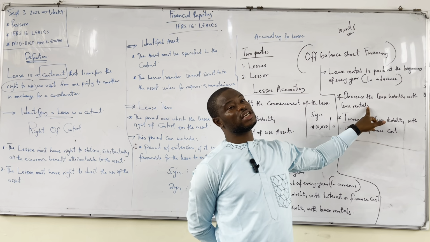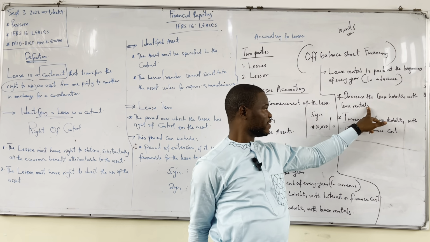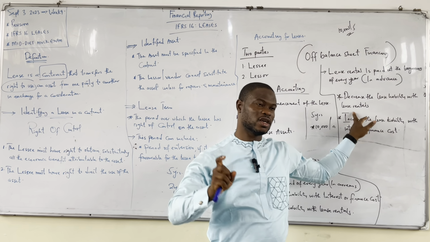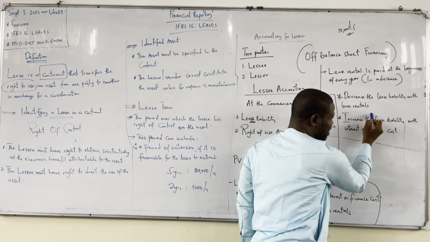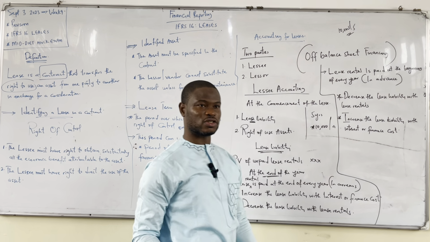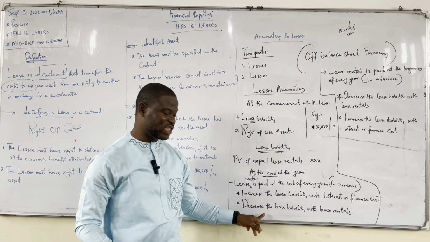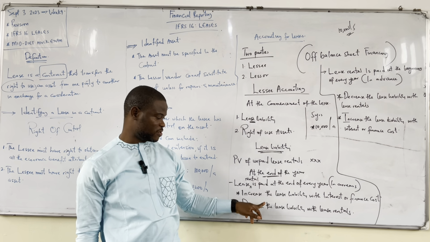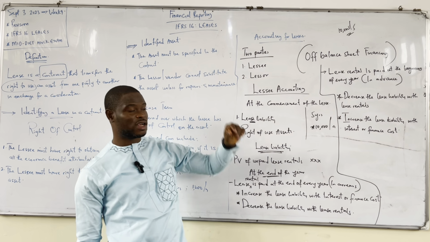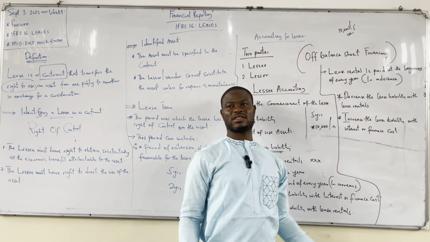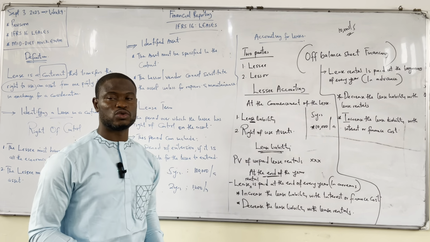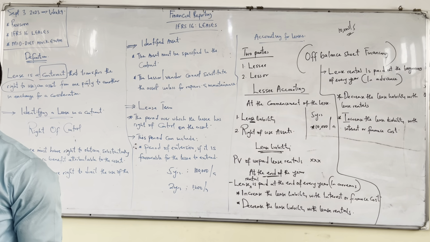But this one, since the lease rental will have been paid at the beginning, for that reason, we decrease the lease liability with the lease rental first. You see, when you do that, that means you now get a balance here. Is that balance you now calculate the interest on? The interest you will get here will be different from the interest you will get here. Because here, you are calculating it on the opening before you deducted the lease rental. But here, you are calculating it on the balance after you have deducted the lease rental. They are not the same. They are different. So you need to be careful to know when the lease rental is being paid.